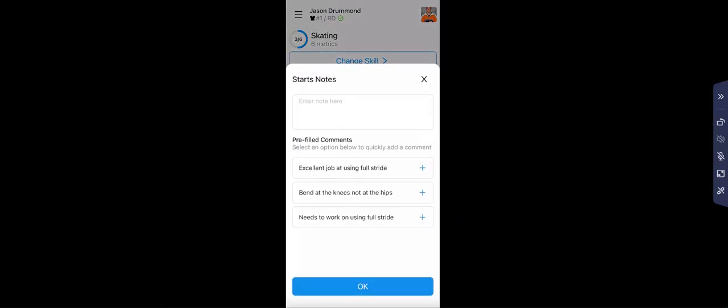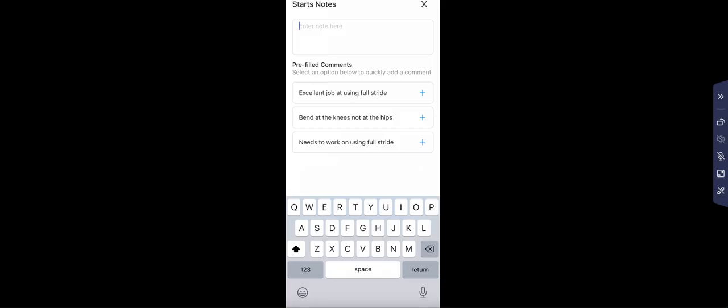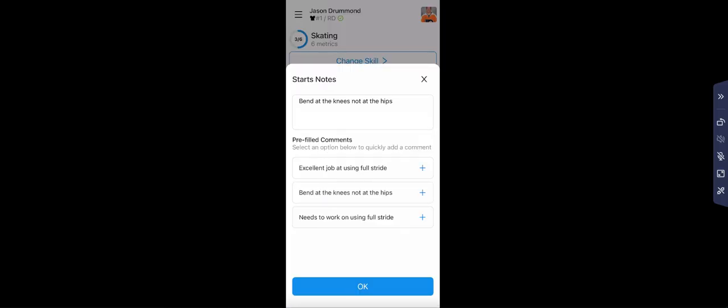If I want to leave a comment, I can click on the little circle button here, the comment icon, and then some pre-filled comments. So oftentimes coaches will add pre-filled comments to certain metrics. These are just popular ways to give feedback, or popular constructive and positive feedback comments. If I don't like any of them that are here, I can just enter my note and hand type a comment. But for this video, I'm just going to click on one of the pre-filled comments, make sure it's added,